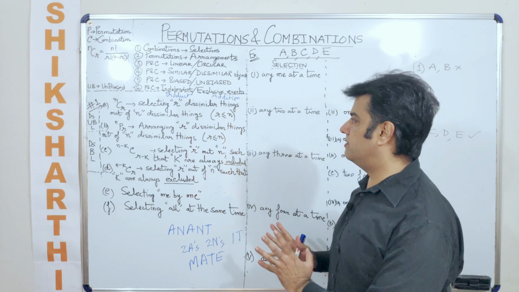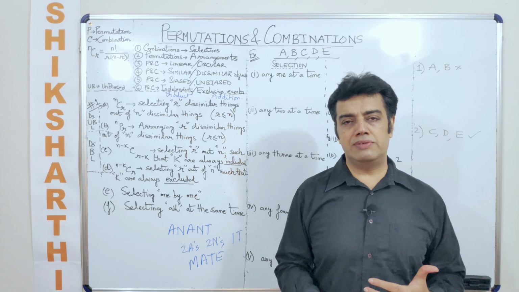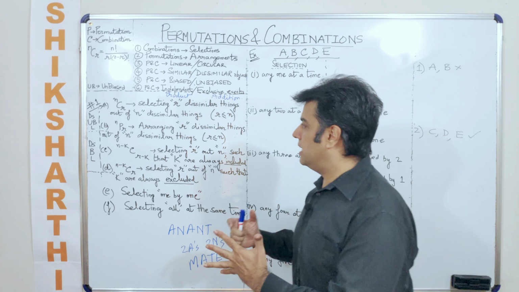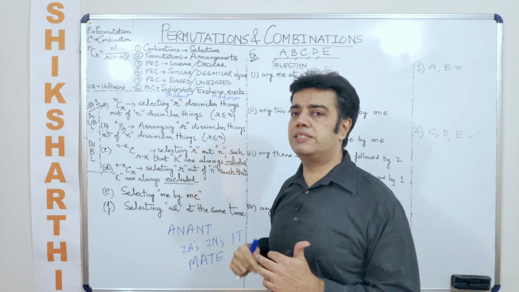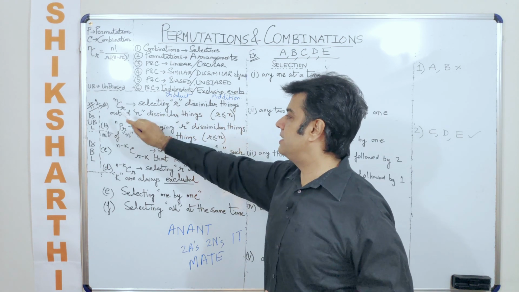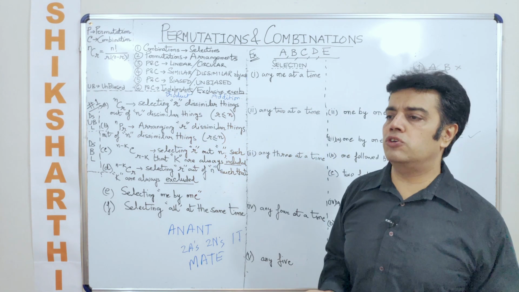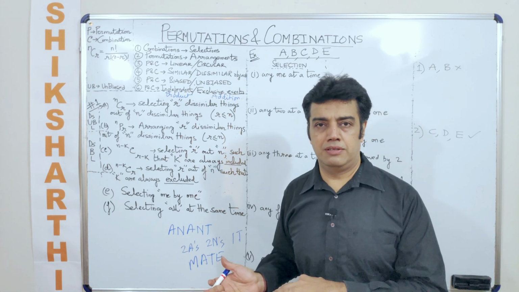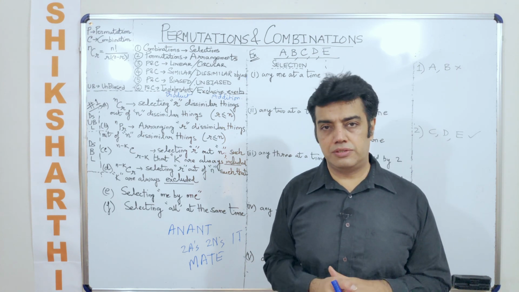So to be more precise, we'll be focusing on the similar object selection, and thereafter you'll be given some assignment as homework. Okay, so now let us see this representation. If I say NCR, what does this mean? This means that we are selecting R dissimilar items out of N dissimilar items. Or you can even call it selection of any R from any N. And as discussed earlier, why are we using the word any? So that it becomes unbiased.